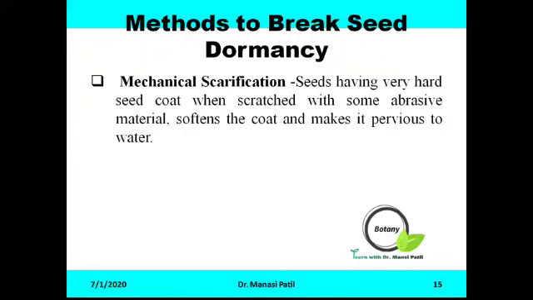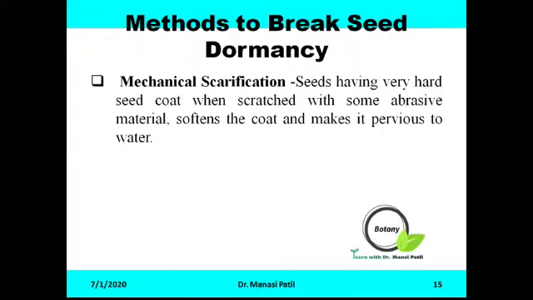The first type is mechanical scarification, and the second one, that we will study in the next slide, is chemical scarification. First, let us study mechanical scarification. In nature, seed coat dormancy is broken gradually by decay of the seed coat due to microbial action, or even by passage of seeds through the digestive tract, where enzymes act. The seed coat barrier may be broken in several ways, and this process is referred to as scarification.